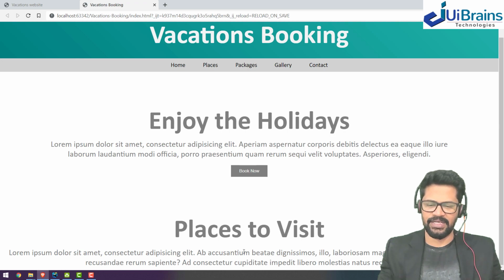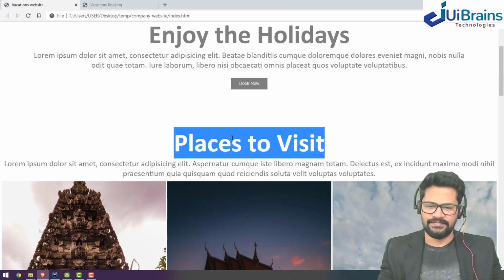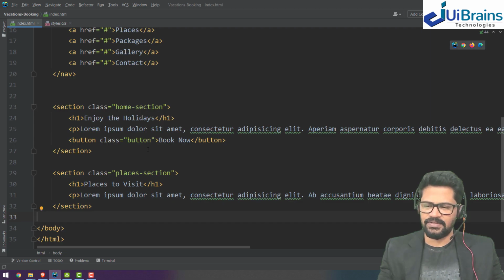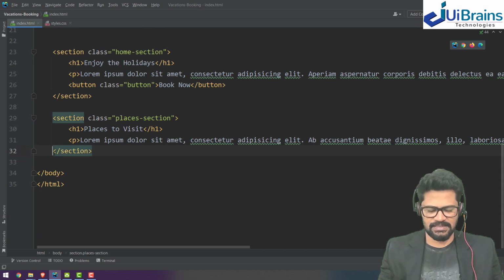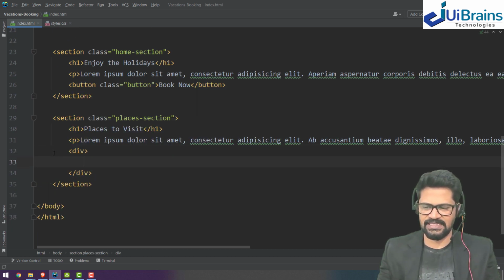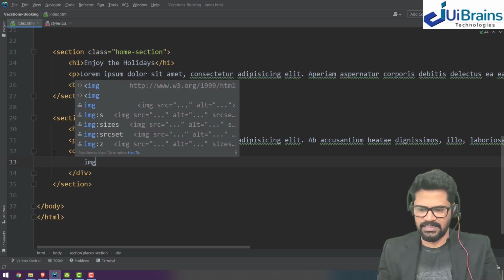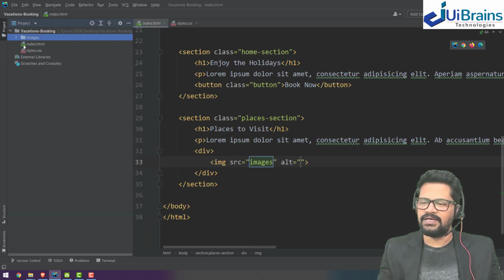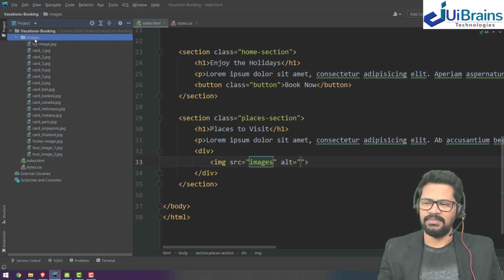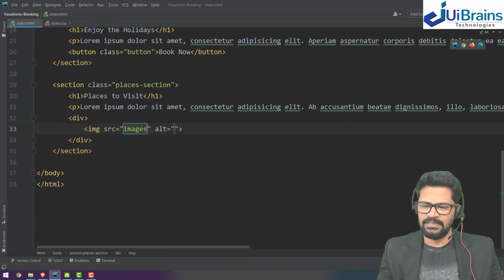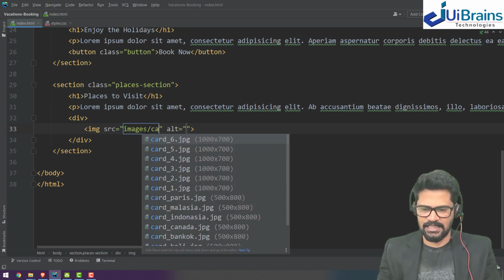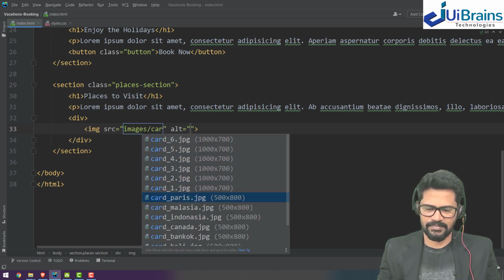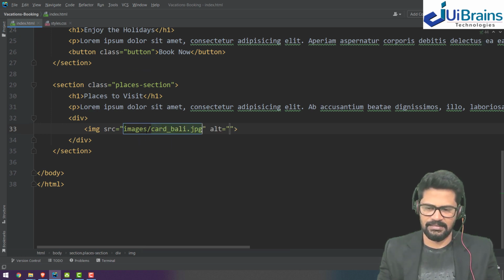And under that we need to have the 6 images. I just directly write the images because those images fit my screen. Image tag src. I have an images folder, right? Because we have taken the images folder, no? All the images. Okay. So images folder slash, I guess, card something like Bali.